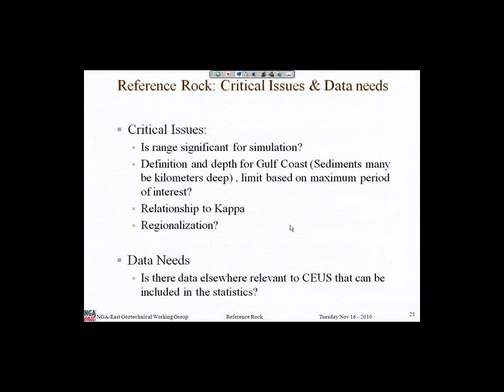This is an issue we haven't resolved. We are still trying to figure out within our group what it is we want to do. Do we want to just stick with the raw velocity that the simulation groups will generate, and use that as our elastic half space and then do our amplification? Because one of the other things we were thinking about is, maybe the simulation groups would be interested in running simulations for a range of rocks? But I just heard from you, no. So I have a clear no, so that answers that question.